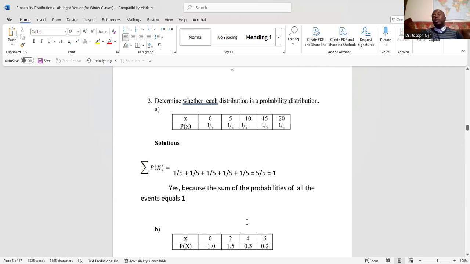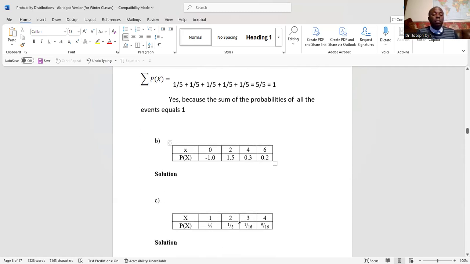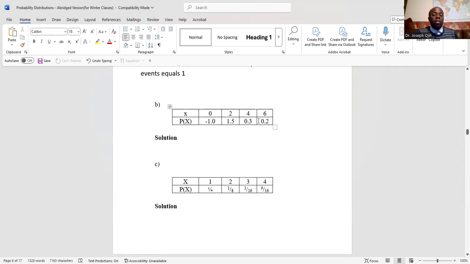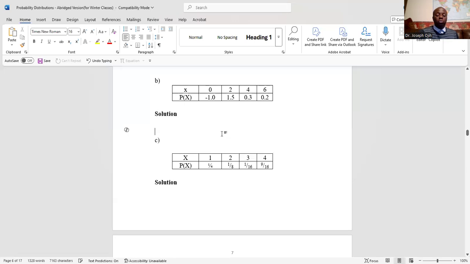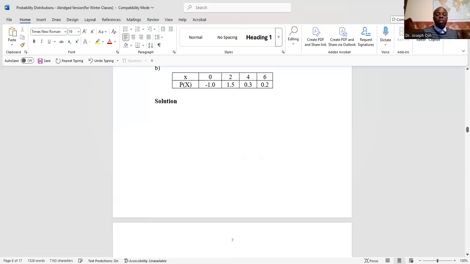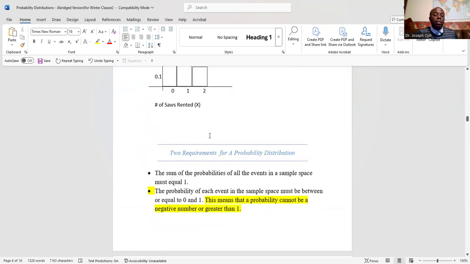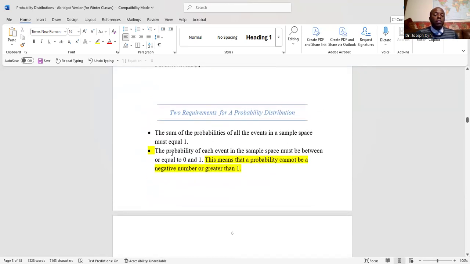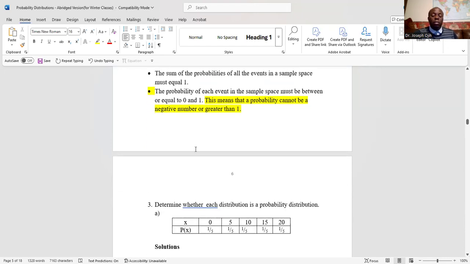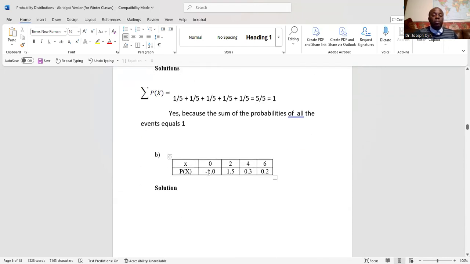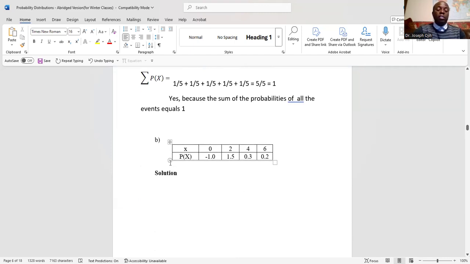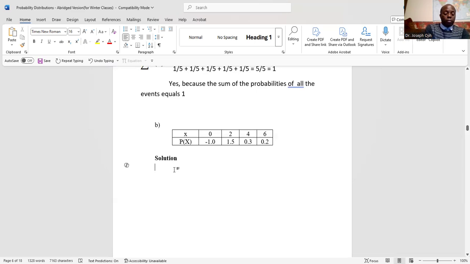So there's no question, we can now go to the next one then. No questions. So this one says, is this a probability distribution? This one you don't even need to do any math because you can see right there. Remember the second requirement. The second requirement says the probability of each event in a sample space must be between or equal to 0 and 1, which means that they can never be negative and they can never be greater than 1. In this case, the P(x) is negative 1.0 and this one is 1.5. So the first one is less than 0 and the other one is greater than 1. So that means the answer is no,